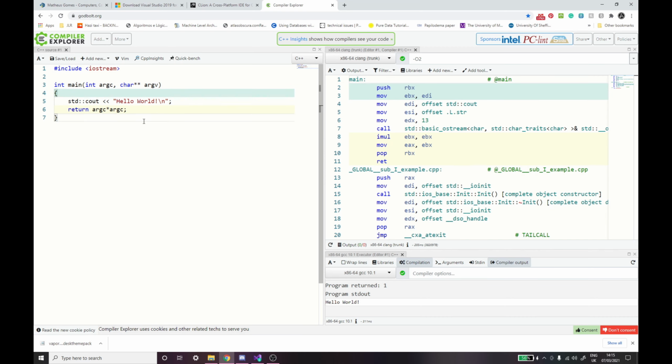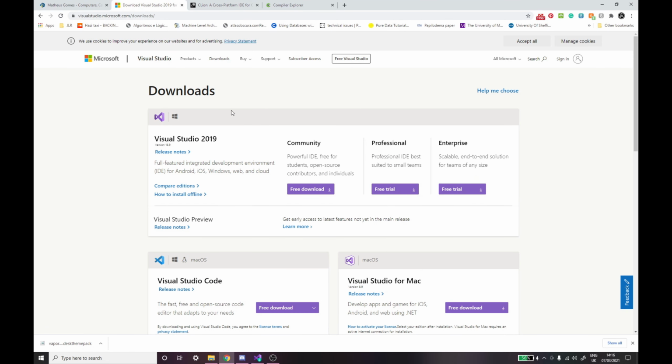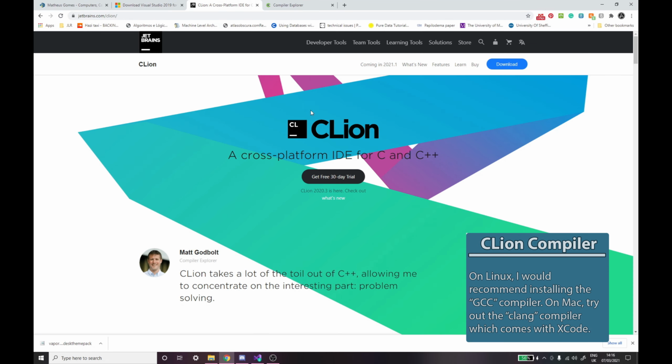Because unlike what many people think, C++ code, or just programming in general, isn't something that the CPU can understand. There's a step in the middle which is actually generating the instructions, and that's what the compiler will do. It will generate here what's on the right, and this on the right here is what your computer actually understands and can execute. So this is what a compiler does, and you should get that for free with Visual Studio. However, I think CLion,